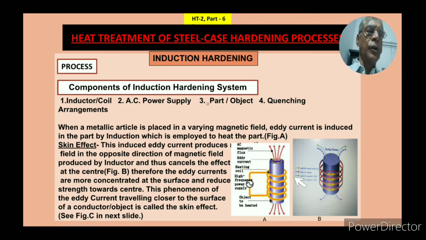When you supply power, again here it is, the yellow lines are there, this is an AC current through the power supply. This AC current produces a varying magnetic field. This magnetic field is shown of the primary, the green line is there. Okay, the solid line is there, and through this varying magnetic field, eddy current is produced, and the direction is just